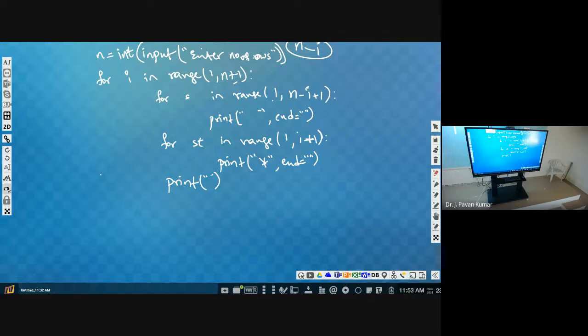Why we are using the last print? Yes, why we are using that last print?